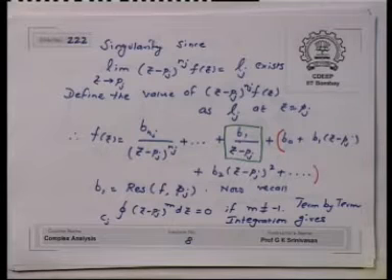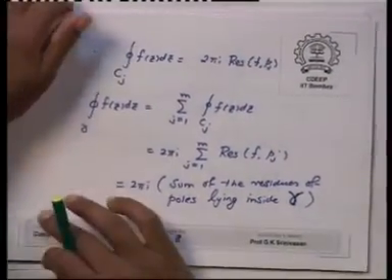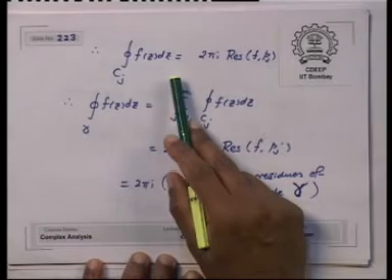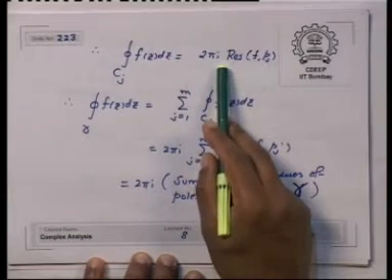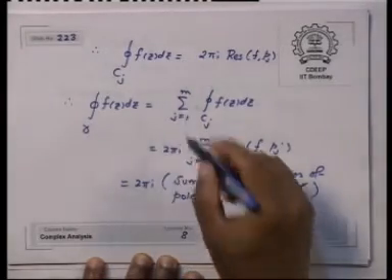It is nothing but 2 pi I times the residue of f at Pj. So the integral of f(z) dz over Cj is 2 pi I times the residue of f at Pj. So the integral of f(z) dz over gamma,